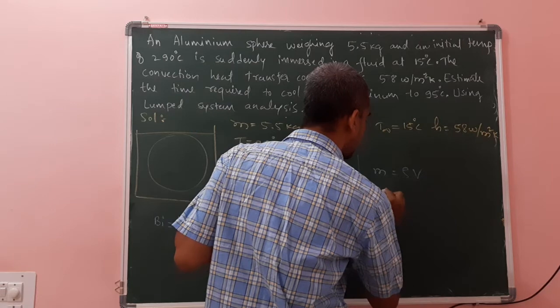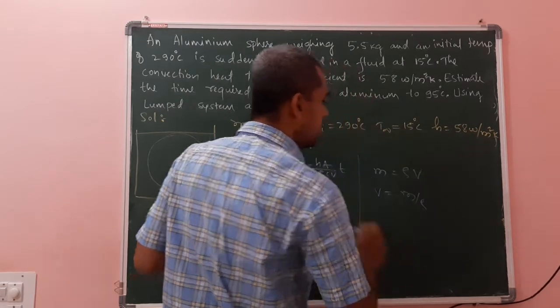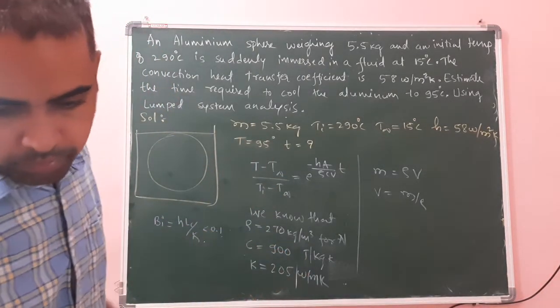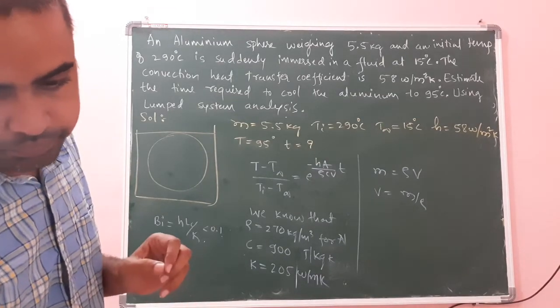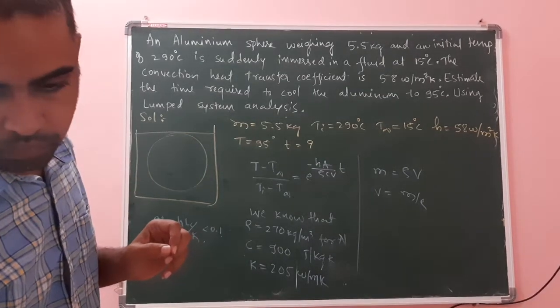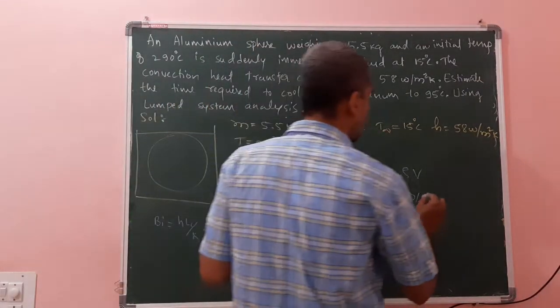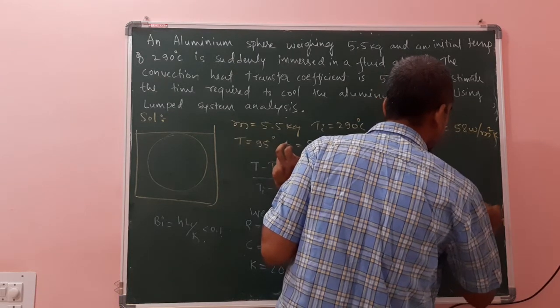Volume is equal to mass divided by density. Mass divided by density, we will get volume initially. Volume we will get as 2.037 into 10 raised to minus 3